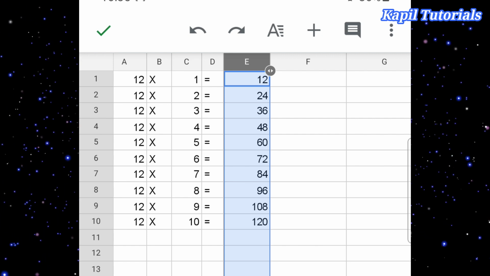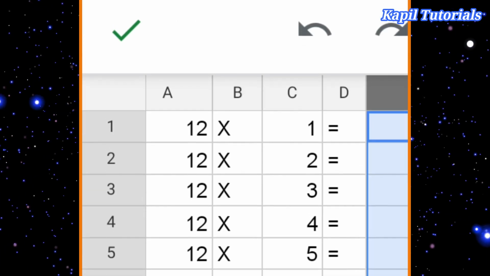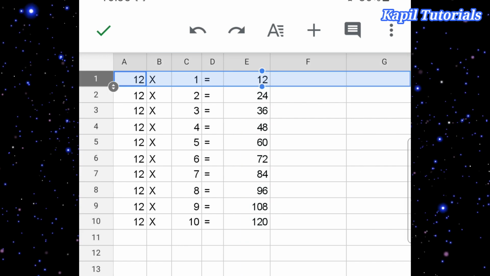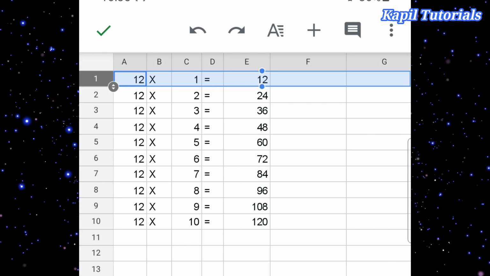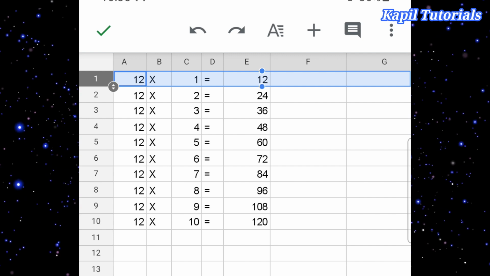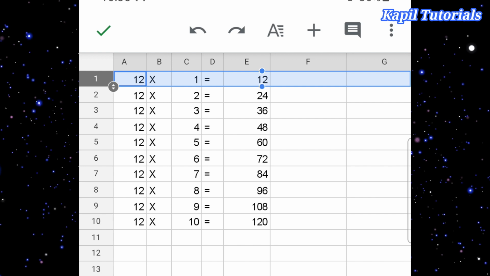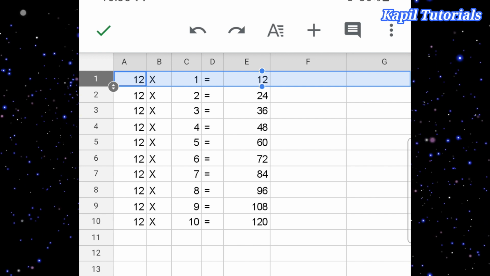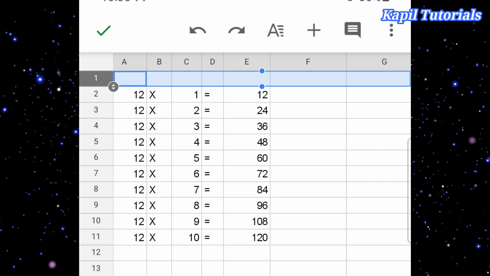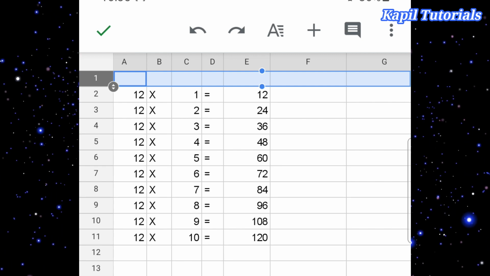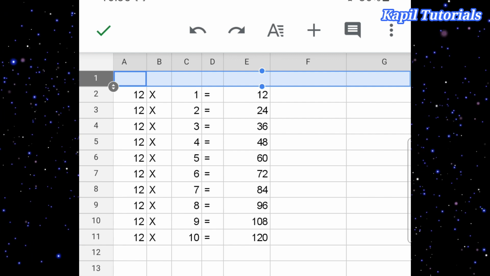So what I'll do, I'll select this one where 1 is written. I'll select this, and now you could see at the bottom, earlier I had inserted the column, now the options are changed to insert a row. So I'll click on this right side option to insert a row on the top. So it has been done.